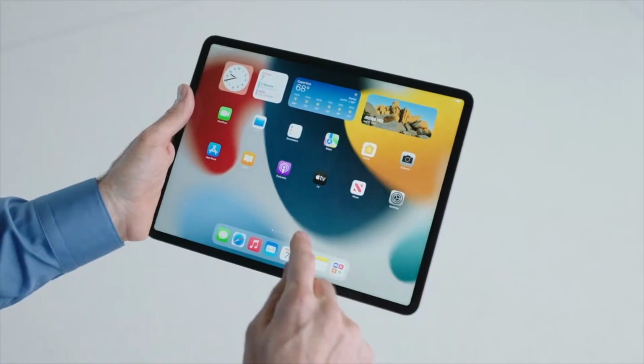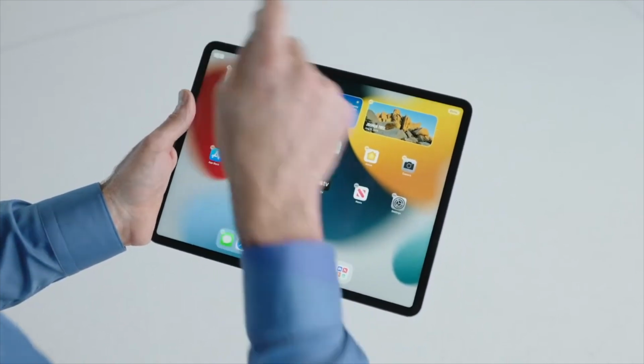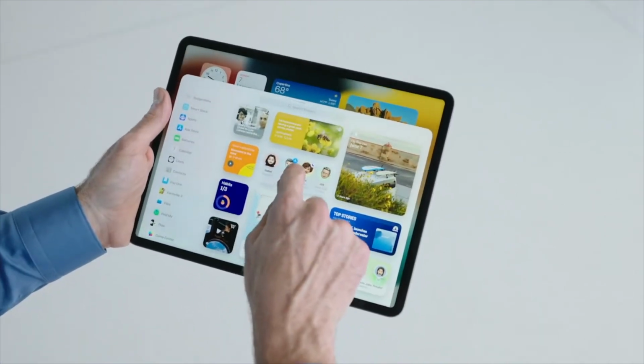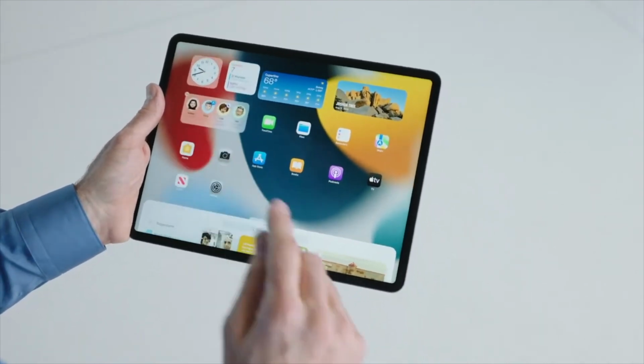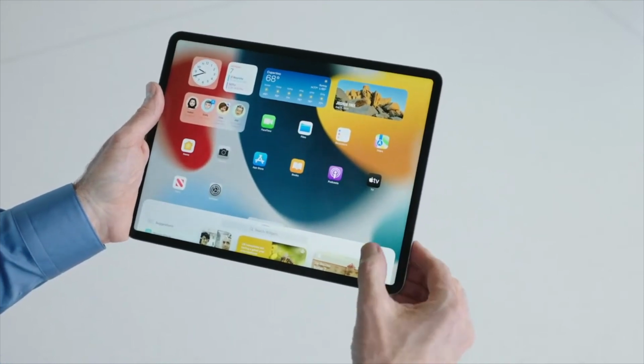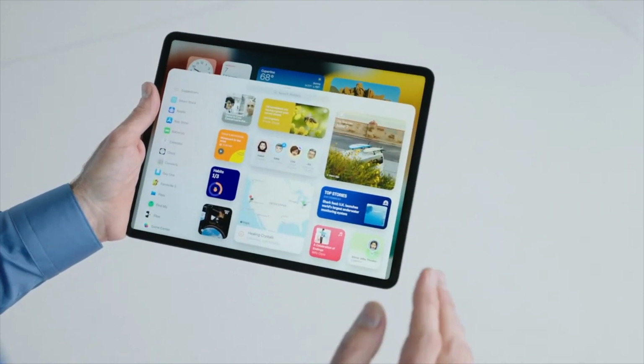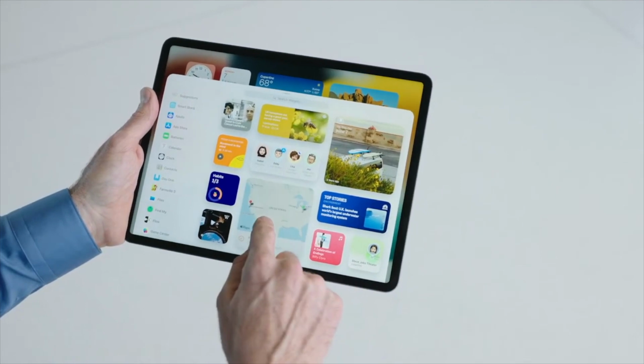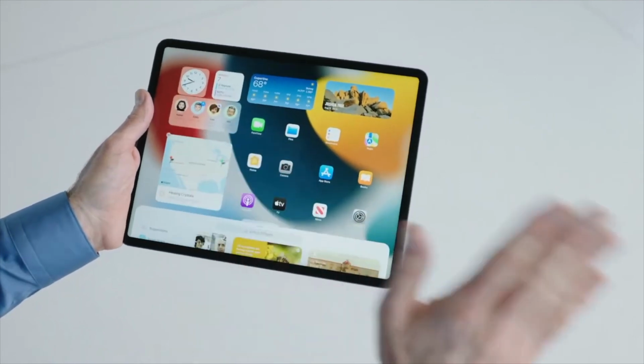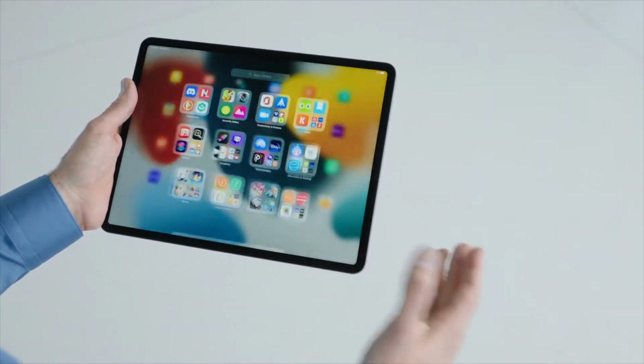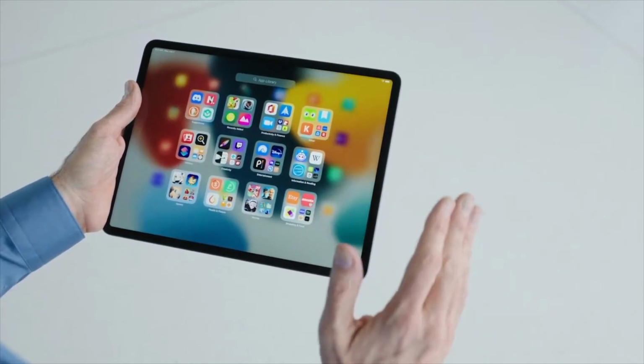The first thing was widgets, but this just pretty much brings it on par with what we saw on the iPhone last year. You can now arrange widgets anywhere you want. You can put them anywhere you want. You can create larger widgets. You can have the app library, and it's going to have a shortcut on the dock to make it more